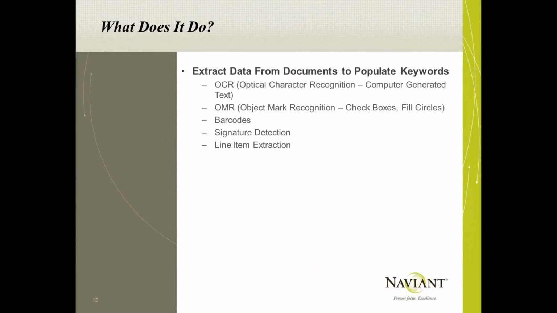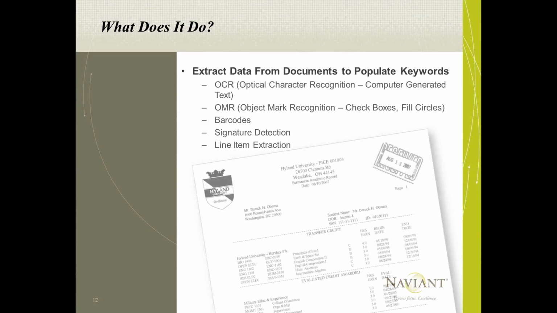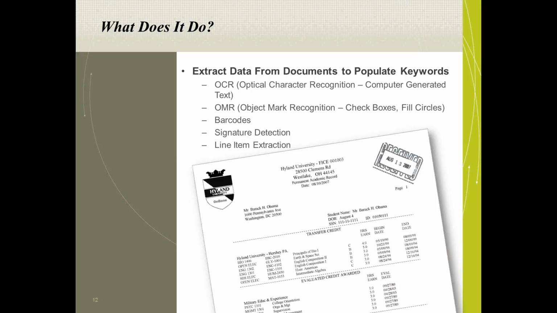We can also perform line item extraction. This is something that's relatively unique of OnBase in that we can take a look at table information that appears on documents. In this case, we're looking at a transcript that's coming in to a university, but we can read different columns within this document and now start populating different OnBase keyword values. In a situation like this, we're typically using an OnBase multi-instance keyword group where we have like the course number, the course name, the grade, the earned credits that they receive for that particular course, and extracting that information appropriately,